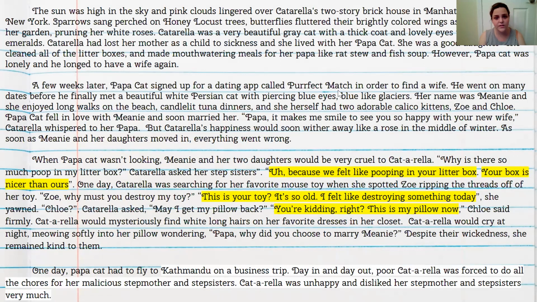Catarella had lost her mother as a child to sickness, and she lived with her papa cat. She was a good daughter. She cleaned all of the litter boxes and made mouth-watering meals for her papa like rat stew and fish soup. However, Papa Cat was lonely and he longed to have a wife again. A few weeks later, Papa Cat signed up for a dating app called Perfect Match in order to find a wife. He went on many dates before he finally met a beautiful white Persian cat with piercing blue eyes, blue